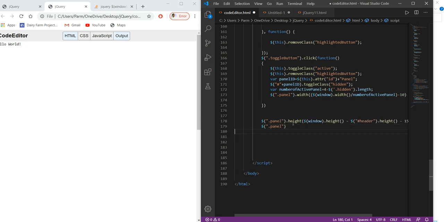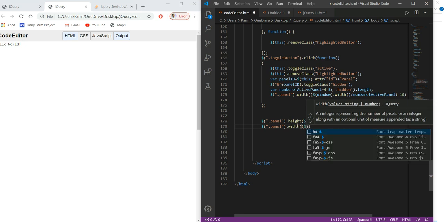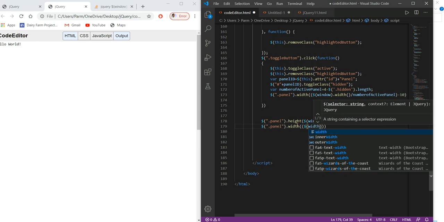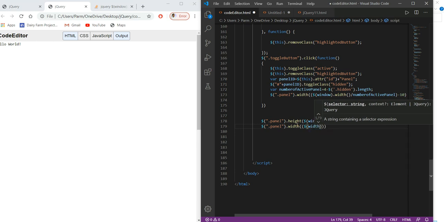Panel, here again we have to set the panel width, so panel width will be equal to, that is again, sorry, window.